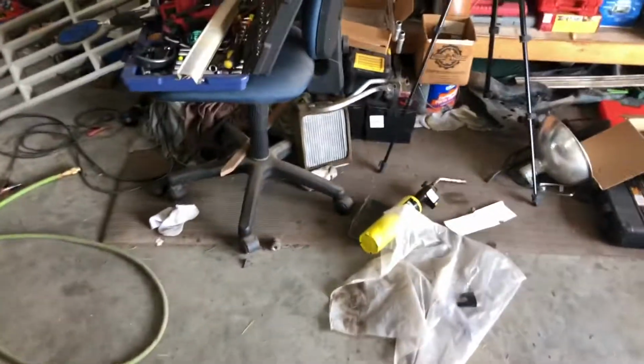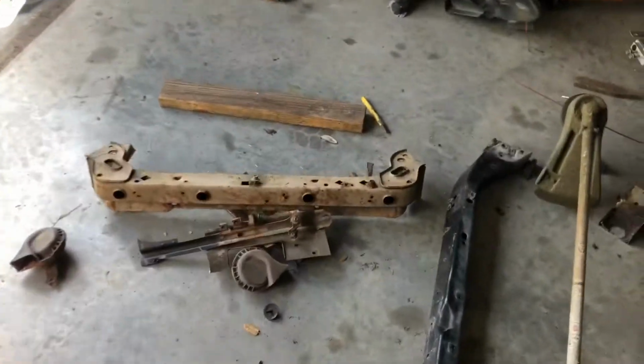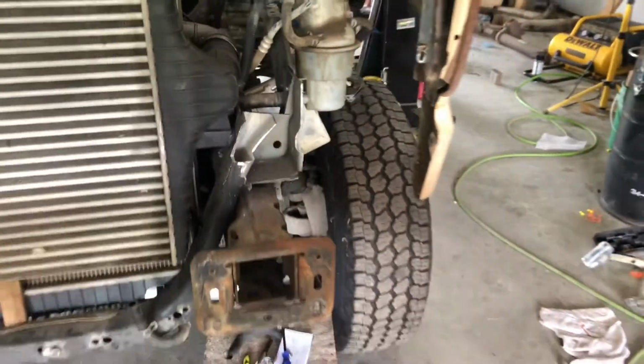So this will all come off in one piece. So I'm going to take these off, I'll remove it, and I'll put that down, and we'll go over what I cut on that. All right, I've got the radiator support off, and we'll go over this first, but y'all remember in one of the other videos, I just cut the bottom off, right? So I started on the bottom, and in order to get around that old radiator support, before I butchered that,